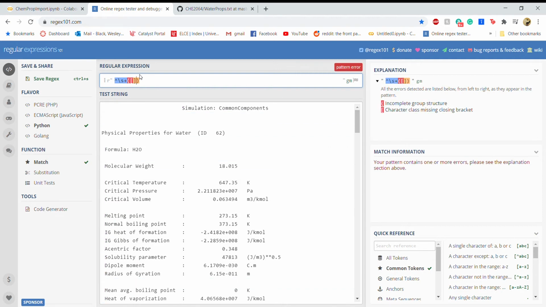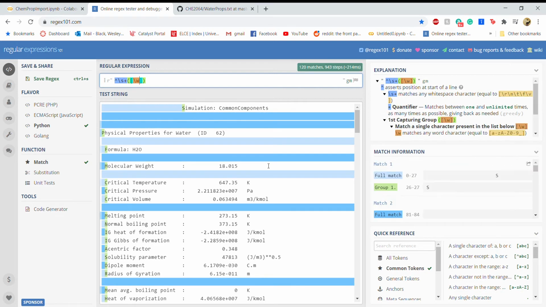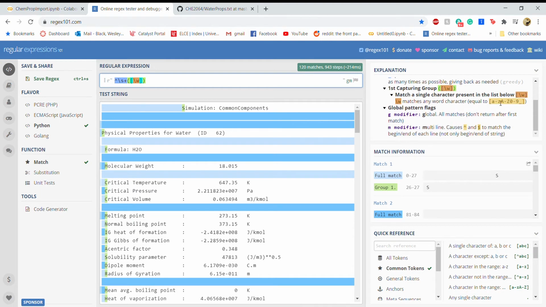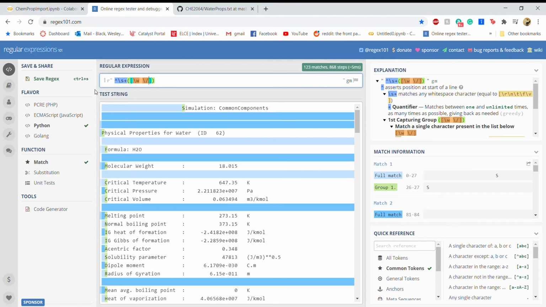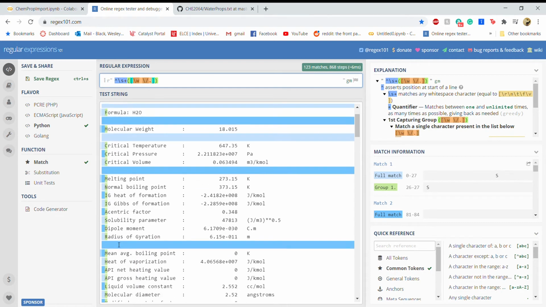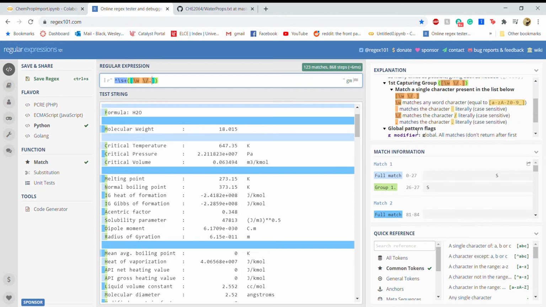So I'd like some multiple items. And so we'll go to the brackets for that. I think a single character is A, B, or C. But actually I'd like a backslash W, which indicates I'd like any word character. Any of these. A through Z, capital A through capital Z, any of the numbers, maybe an underscore for feeling adventurous. A space, and maybe a backslash again, a forward slash, and a period. I don't know why the period. We might run into a period somewhere. For example, mean average with that dot, boiling point. But right now, it's oh,